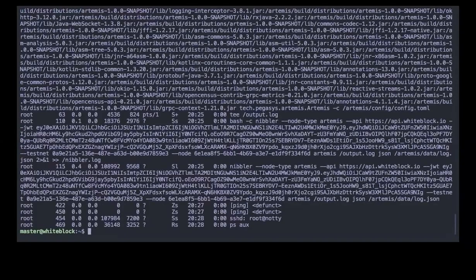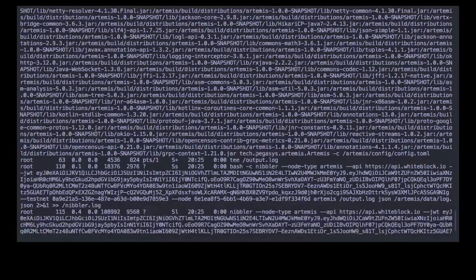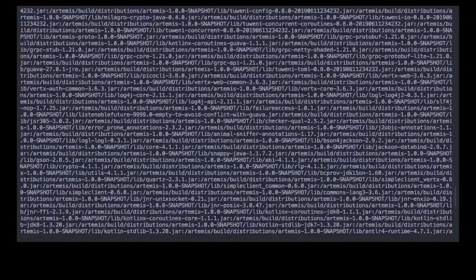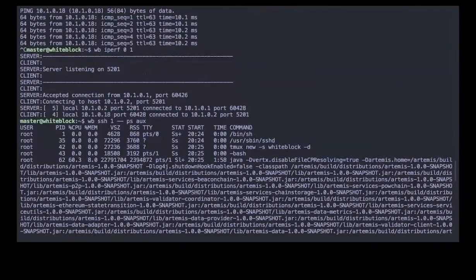But that's not good enough, because sometimes you'll be running this without the help of an operator. So if you were to do that using, for example, Jenkins, you might want to be able to run ps aux from the outside and get that output right away. And there we see here Artemis, the whole class path Java here. And that is pretty much it for the demo.